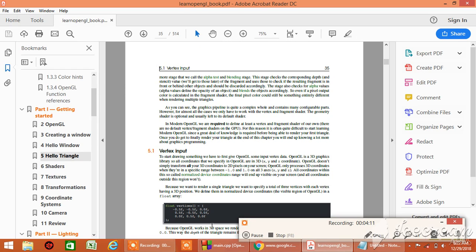Once you do finally render your triangle at the end of this chapter, you will end up knowing a lot more about graphics